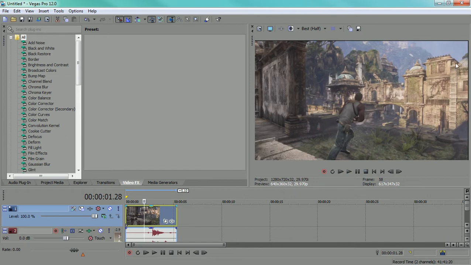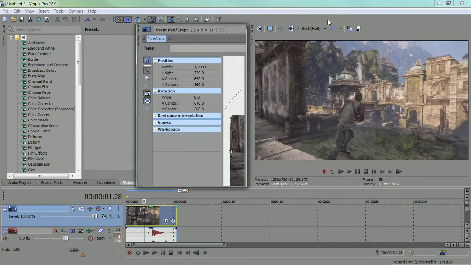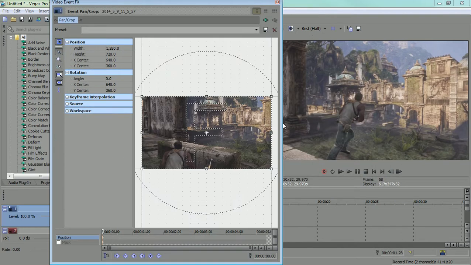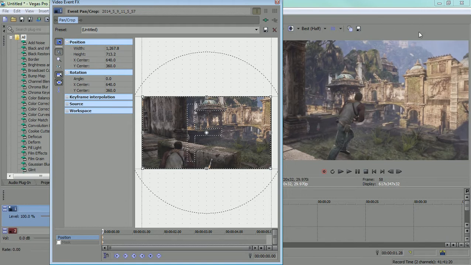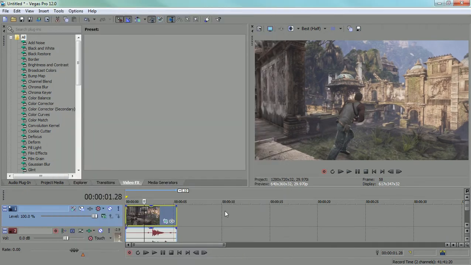Next, you don't want these black bars at the top and right. I already made a preset for it, but what you gotta do is basically go in here and just resize it slightly, and that's it, and then the black bars are gone. I already got my own though. Boom. And then for the render settings, I'm going to go up here, and you're going to see all my